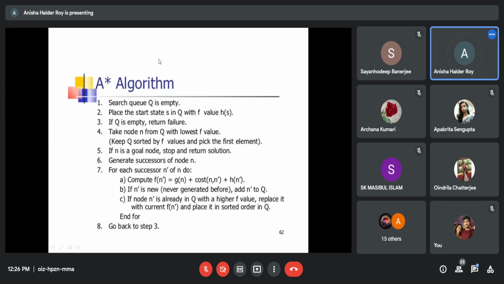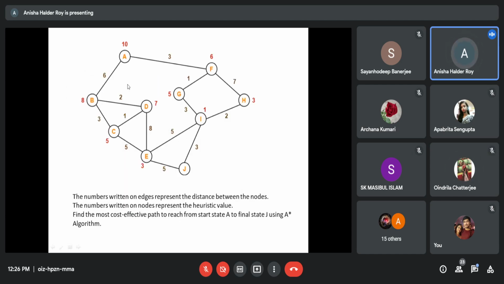Okay, heuristic. Your current node will be closed, so ignore this one. Your f values are 6 plus 8 for path A to B, 6 plus 3 for path A to F.